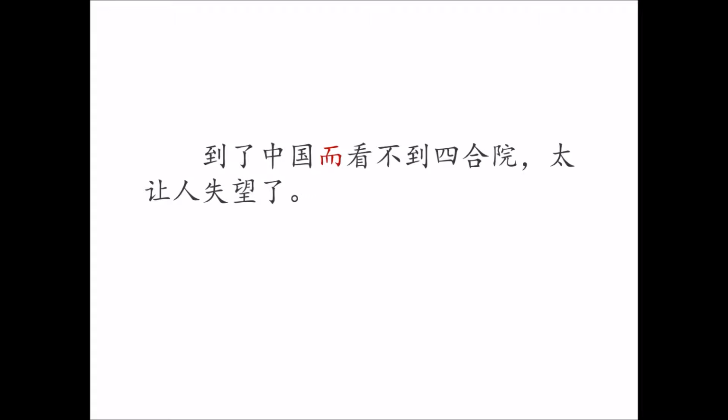In this sentence, it is used to connect two statements that are contrary in meaning. The statements it connects can be adjectives, verbs, verb phrases, clauses, sentences, and even paragraphs. 所以这句话的意思是 It is disappointing that a person goes to China but can't see 四合院